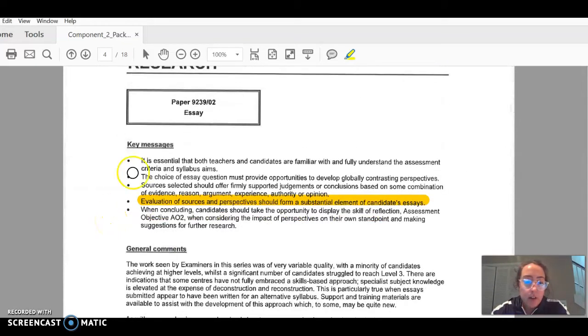Okay, so at the top, this is me just going over the high points, right? So you can read this entire document, you can watch this video, you can go through and reread the highlights, however you want to work through the document is fine, however much detail you need is fine. The top section here are the key messages from the examiners, and I just focus in on this point